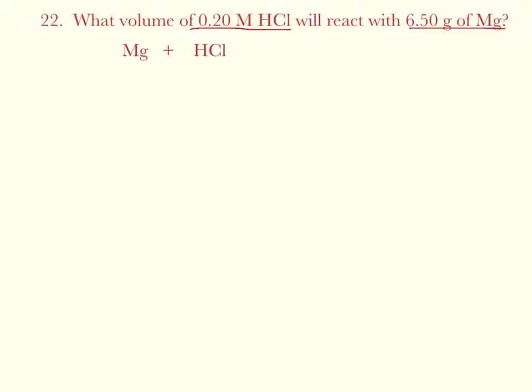It gives us the beginning of the equation, but we have to finish it from there. You do need to finish the balanced equation, even though it seems like it's not necessary. It really is. So that's going to make magnesium chloride and hydrogen. And since that's MgCl2 and H2, we'll need a 2 in front of the HCl, which is what makes balancing the equation so important. So what volume, question mark liters, underneath the HCl, of 0.2 molar underneath the HCl,